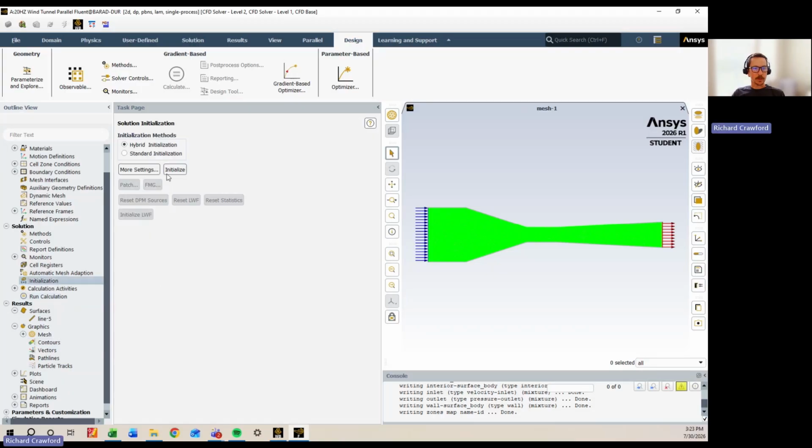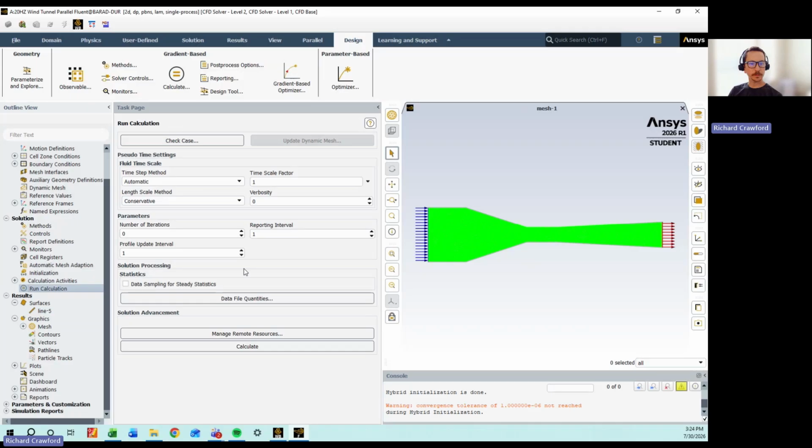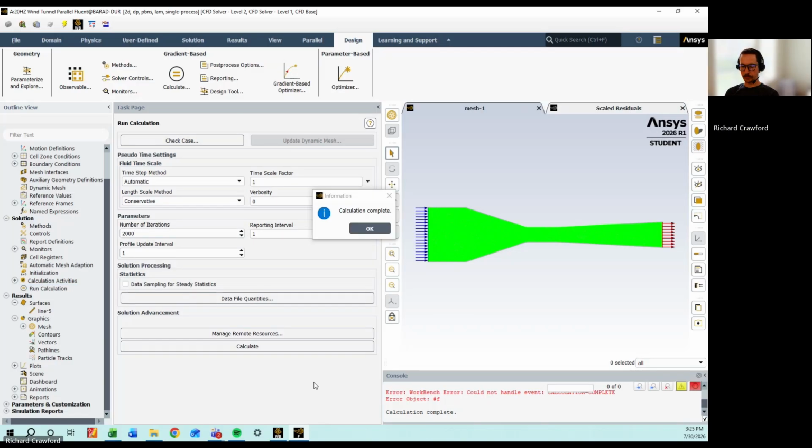Now we move on to initialization. Once initialized, we can move on to run calculation. Number of iterations, I'm going to do 2000 and calculate. All right, now that calculations are complete,